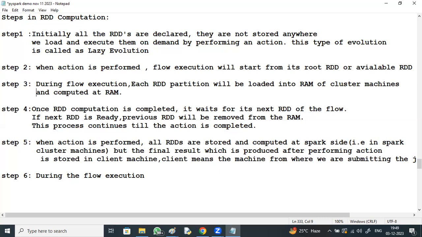During the flow execution, the RDD which is commonly used by many flows will be persisted.